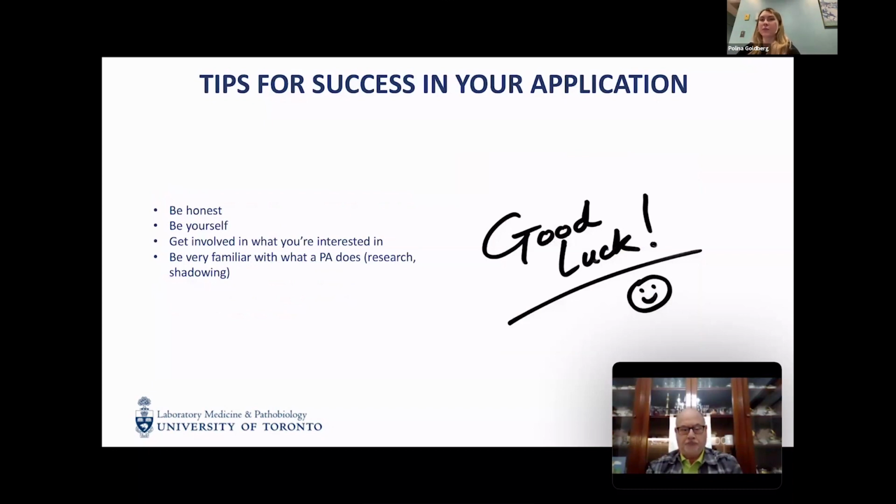Finally, I'm just going to talk a bit about how you can be a successful candidate for your PA application. It's a really competitive program these days. You might feel like the chances are low, and it's very daunting, and that's fair. But the most you can do in your application and your interview is to be 100% honest, give the real reason for why you want to be a PA, because trust me, the people reviewing your application can tell. Be yourself.